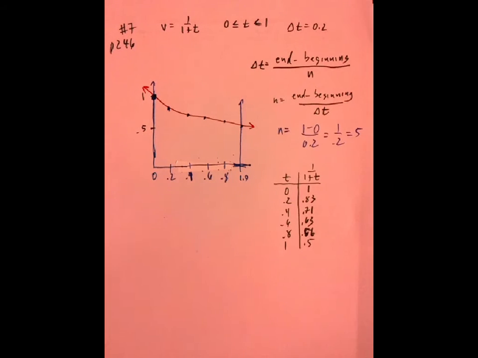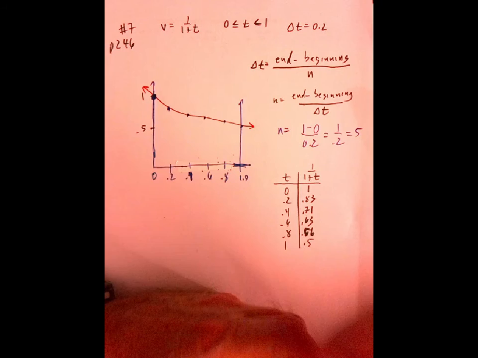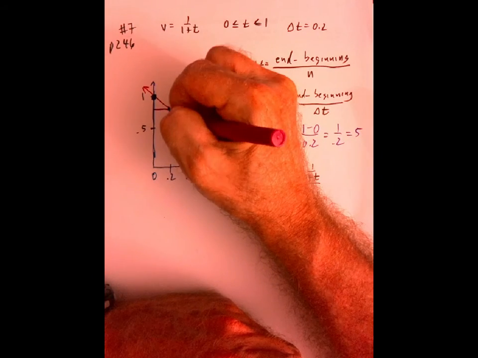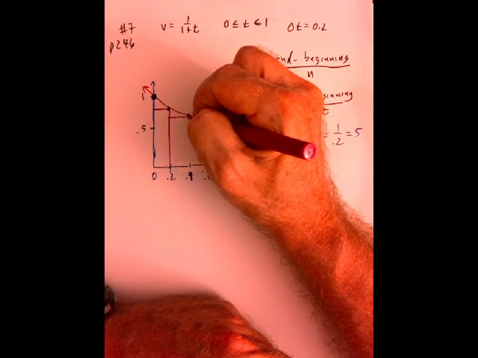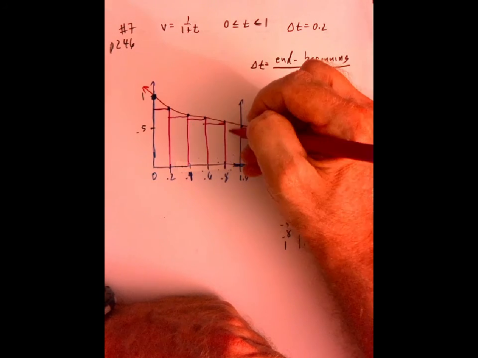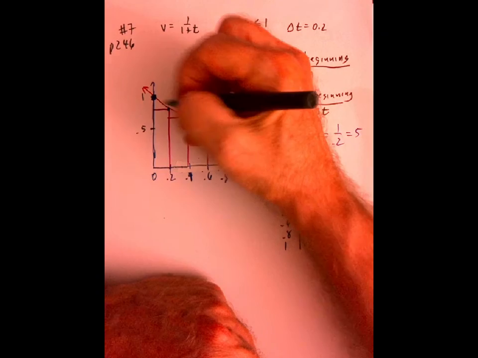Well, for a decreasing function like this, we're going to go ahead and use the right-hand rectangles, and I didn't even mark off the boundaries, but I suppose I should. These are the boundaries,